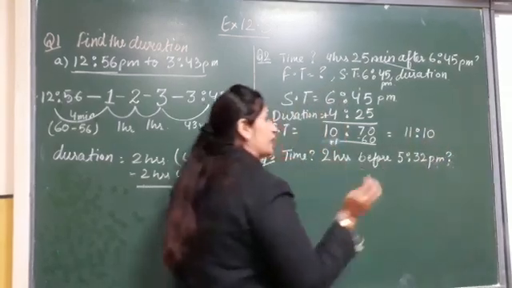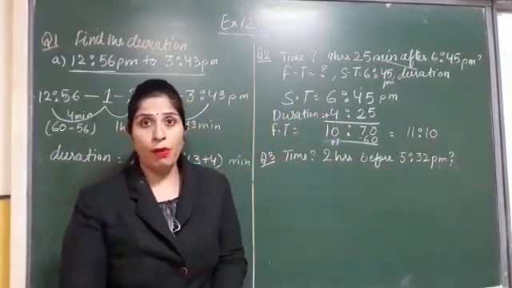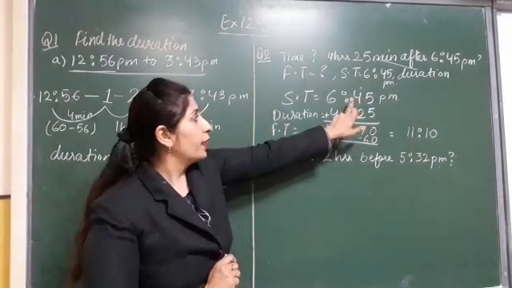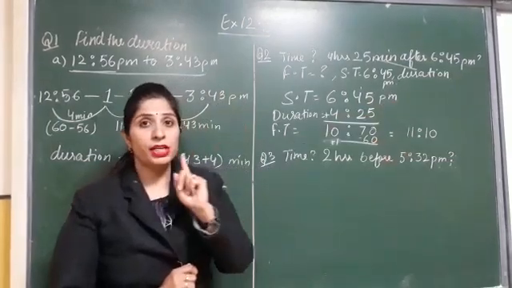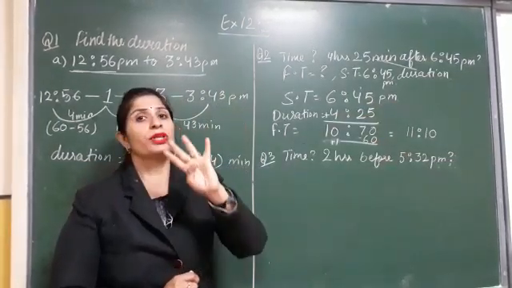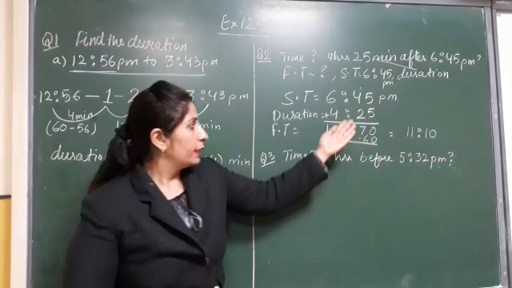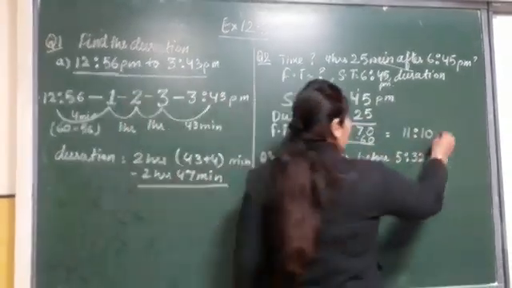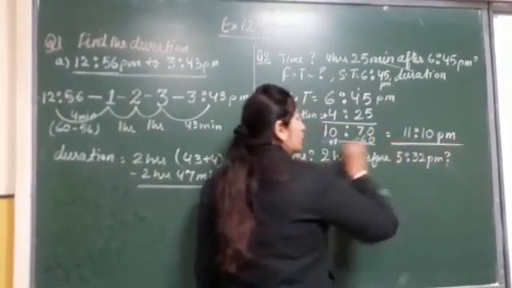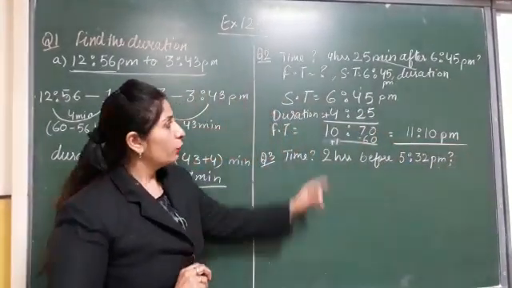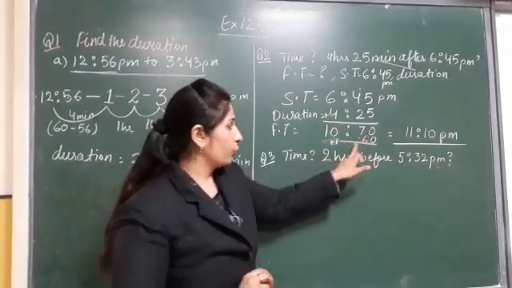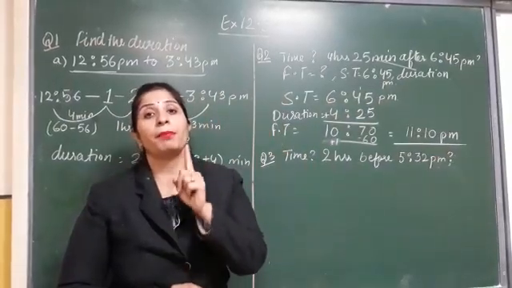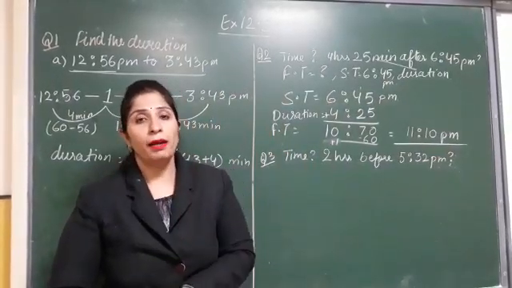11:10. Now the question arises, is it AM or PM? First of all, you need to identify the starting time was PM, meaning it is the evening, afternoon time, so 4 hours after that, that is 11, it is 11:10 at night, that means it is PM. Both the things are equally important. You need to add carefully, you need to carry forward carefully, and you need to keep AM and PM carefully. That is equally important.